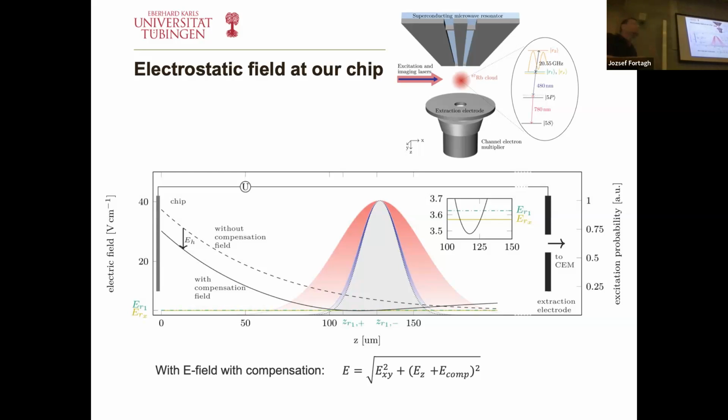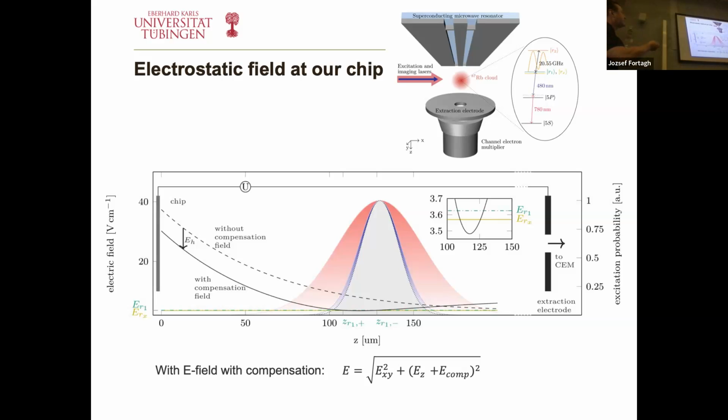However, what we cannot do in this setup is compensate the X and Y directions of the stray electric field, such that the field magnitude will have a non-zero value. Although we compensate the Z field completely, we end up with a stray electric field of a few volts per centimeter in the center of the chip. So the electric field at the minimum has a parabolic shape, which has the result that the Rydberg states that we excite